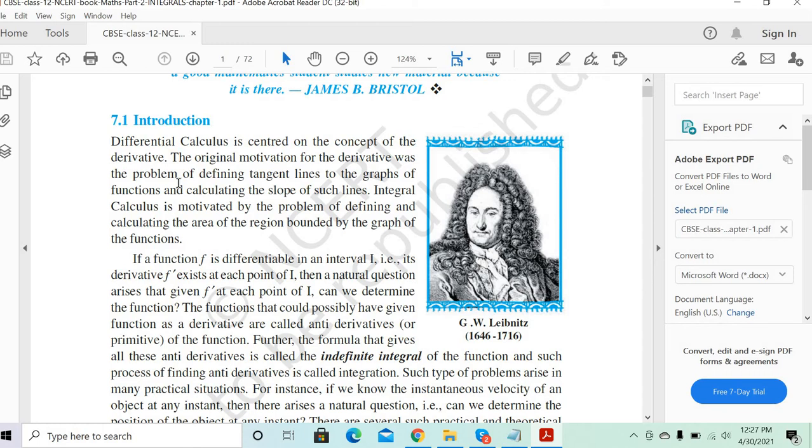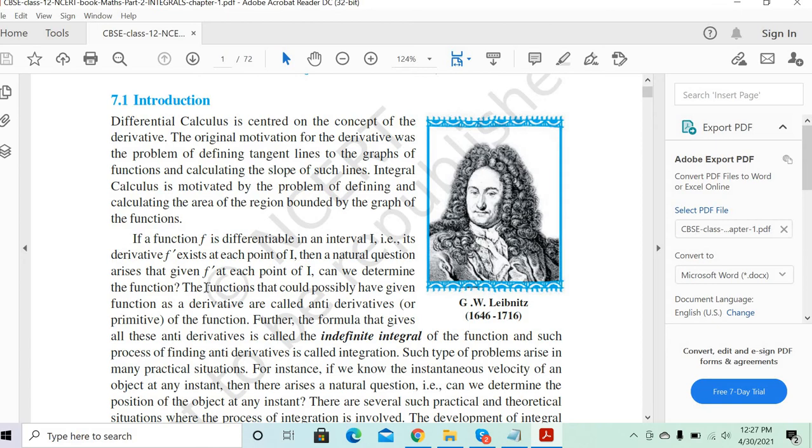It's not a normal region, not like a rectangle, a square, or a parallelogram where you have a fixed formula. It can be a parabolic graph, a cubic graph, a linear graph, it can be any graph. So basically this is centered towards finding the area of the region. Clear? That's what integration means.